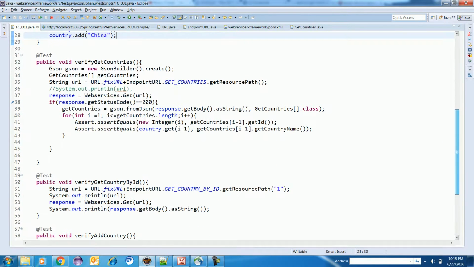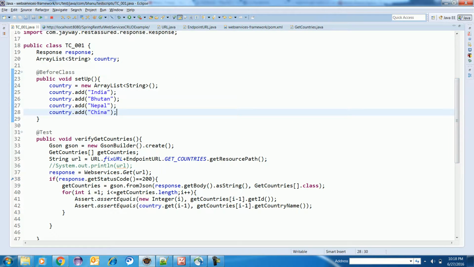Let's say you want to make sure that whenever you retrieve the data based on the ID, your data is right or wrong. You can achieve this in different ways. What you can do is store all the data on the runtime whenever you are doing verify get countries, and when you try to get the same data, it will get verified. Now our important lesson is,